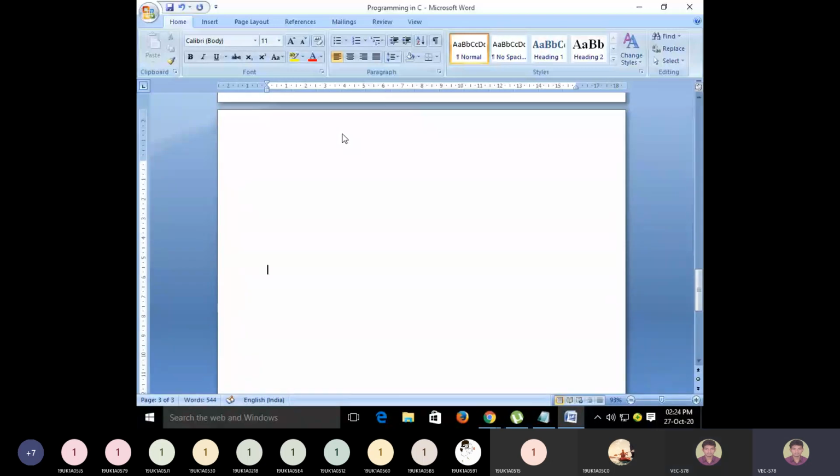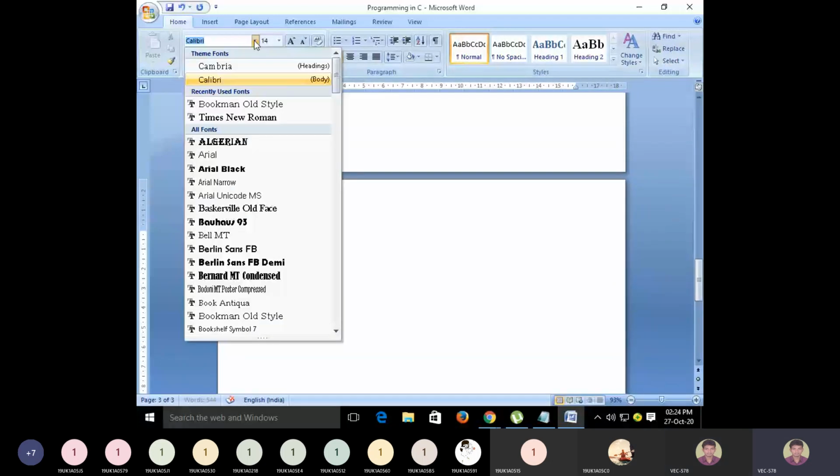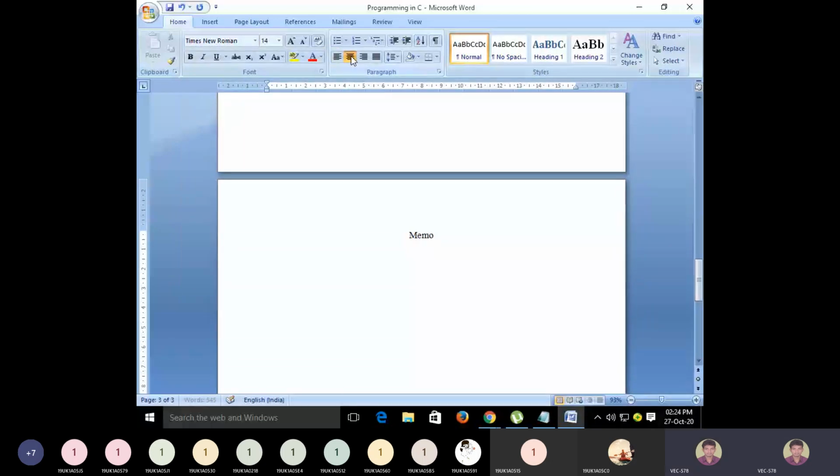Right. So the memory diagram. Font, is it visible or shall I increase? Okay, so now if you see the memory diagram of a one dimensional array.